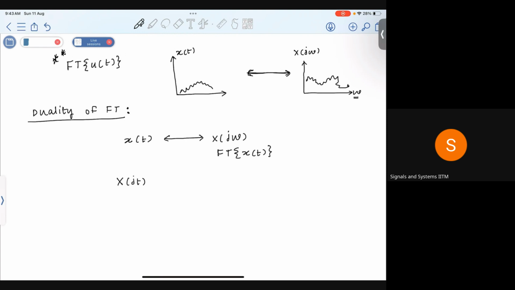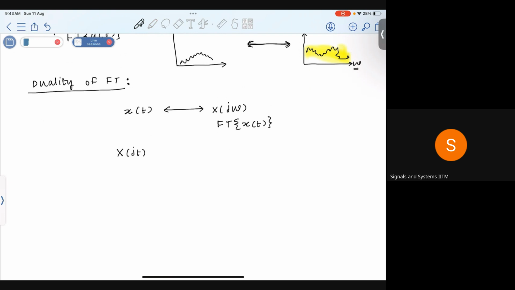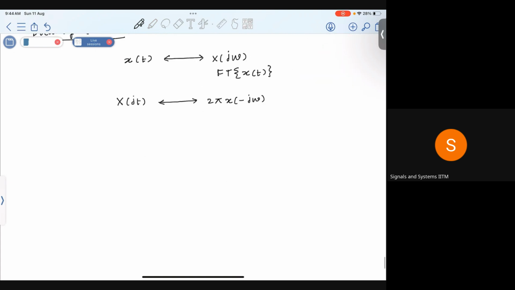Now when I take the same signal in the time domain, which I call x of jt, this has a frequency domain representation as this. If it is confusing with the x terms, let x of t